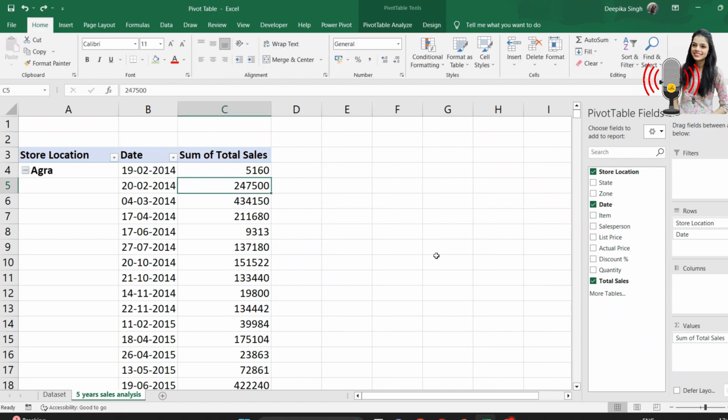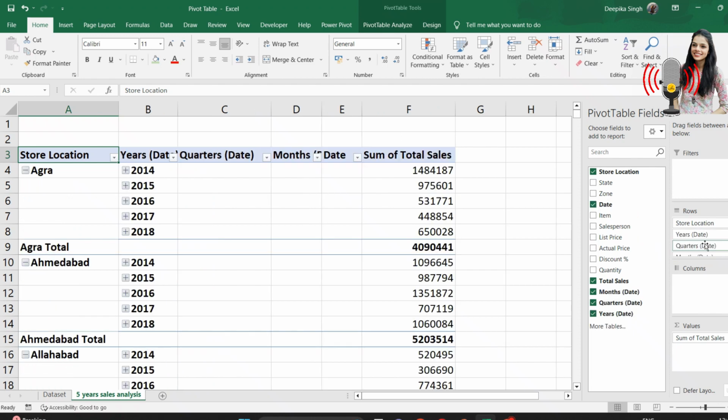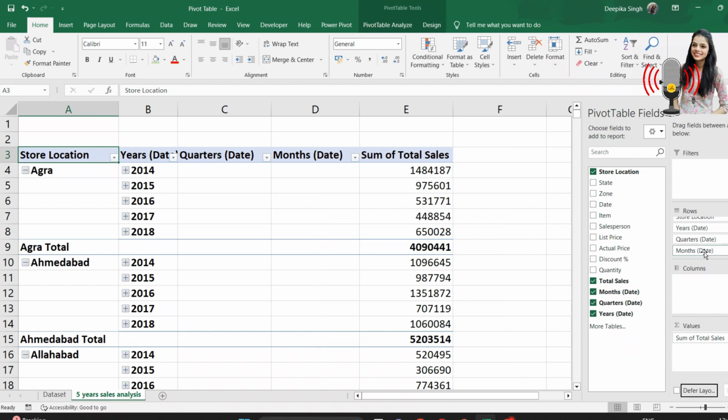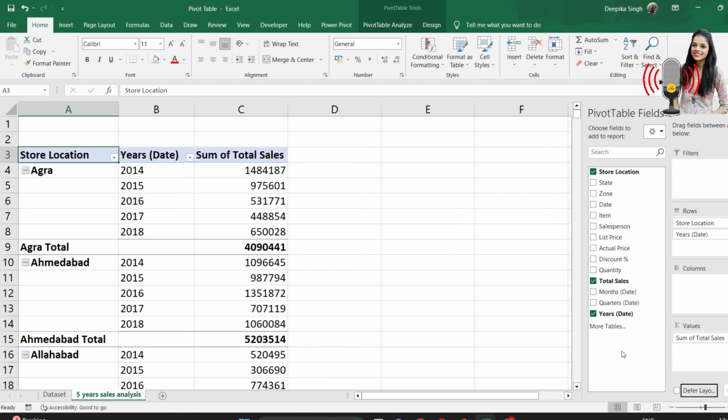Now I want to analyze my data yearly. So I'll pick this date section and put it outside, and here you can see the date column has disappeared. I'll pick the date again and put it in the row, and here you have your years segregated into quarters, months and date. I don't want date, so I'll pick this date option from rows and remove it. I also don't want my months, so I'll pick this up and remove it. Also I don't want my quarter date, so I'll also drop it outside. Now I have my sales